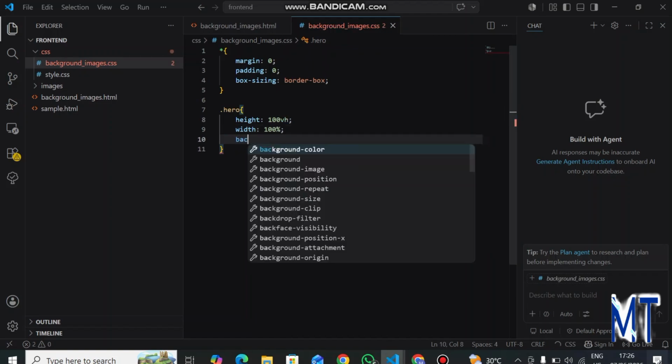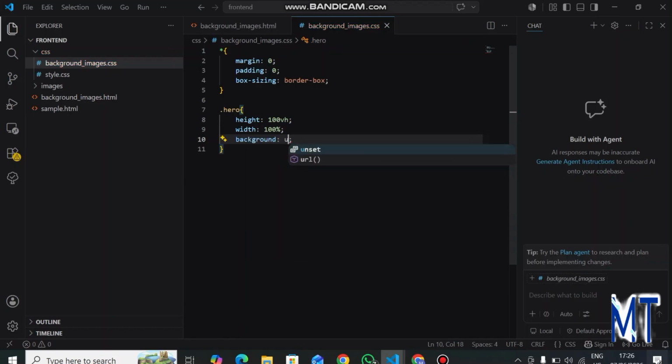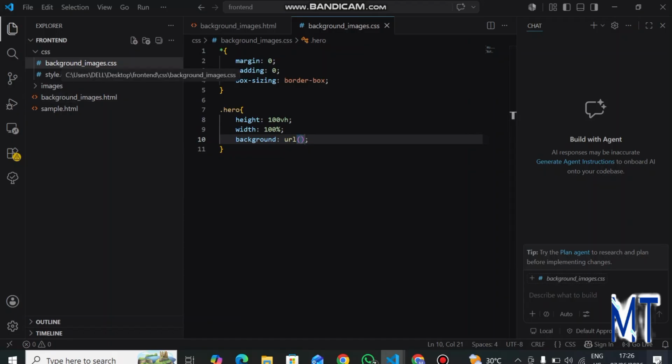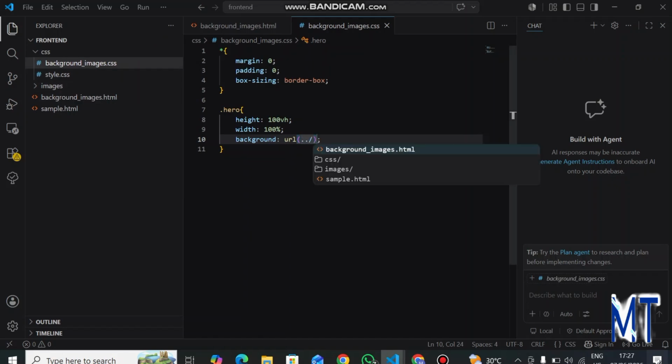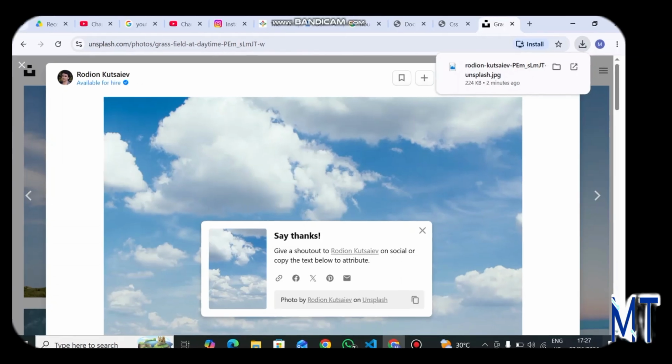Then let's give it a background image. I can just write background, and I can write background-image to still understand what I mean based on the value I'm giving to it. So I'll just say background. Then background is url. I need to locate where my image is. Remember the CSS is inside this folder. I need to tell this file to go out of this folder, go inside the images folder and get our image. So I'll say go out of this folder, go into the images folder and get our image, background. Can you see that? So if I save this and go and check my work,